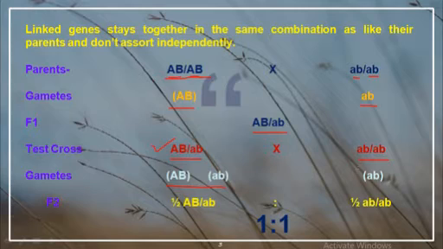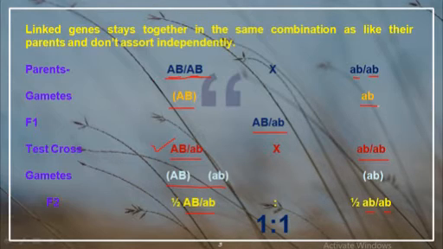This will produce only one gamete, that is AB. Now if we cross them, this capital AB and this small ab, it will form capital AB, small ab. This will form small ab, small ab. So here you can see that the linked genes will stay together in the same combination as their parents